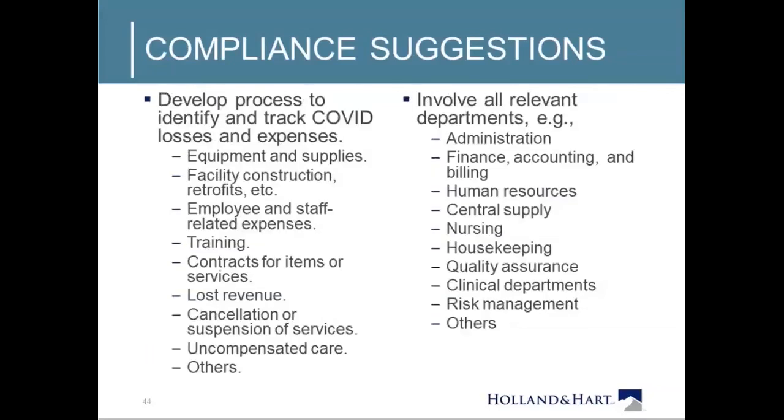You need to develop appropriate processes to identify and track COVID losses and expenses now. Don't assume that when the government gets around to issuing its requirements for reports, or, in the worst case scenario, the government decides to come in and do an audit or bring an action against you 2 or 3 years from now, that you're going to be able to go back and recreate everything that you did, every use. You need to be tracking and monitoring that stuff now. So you need to develop appropriate processes so that you can identify and track those COVID losses and expenses now as you go along, that you flag those as being appropriate for use for these COVID payments.